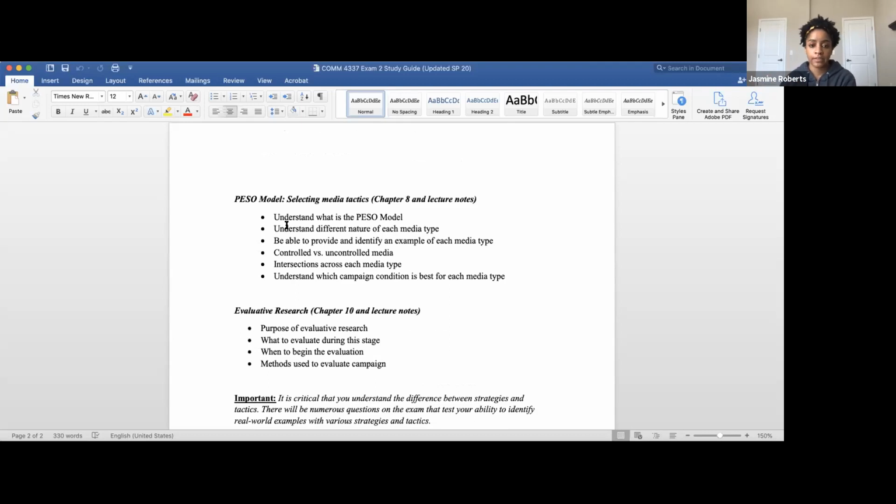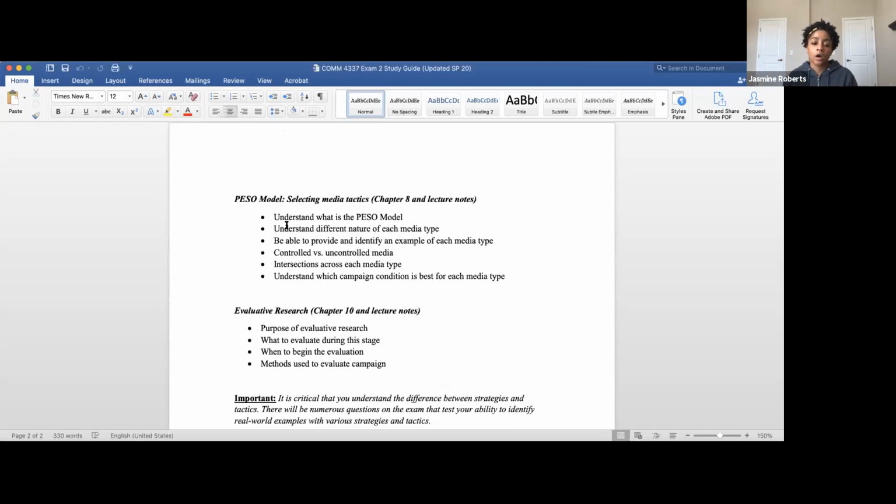How are the different various media types different? What's the difference between controlled and uncontrolled media? I talked about that. Can you identify a situation where a media type can be both, for example, earned and shared media? I think the example that I gave last class is a press release can be considered owned and